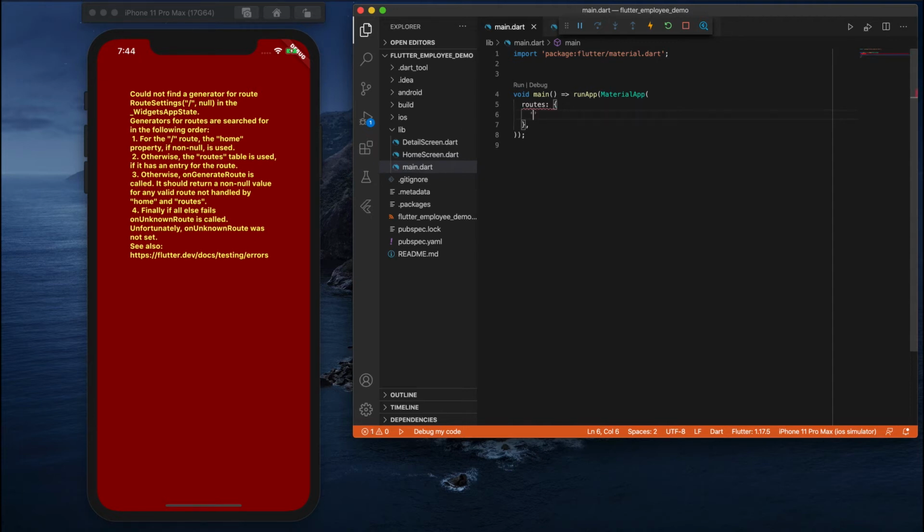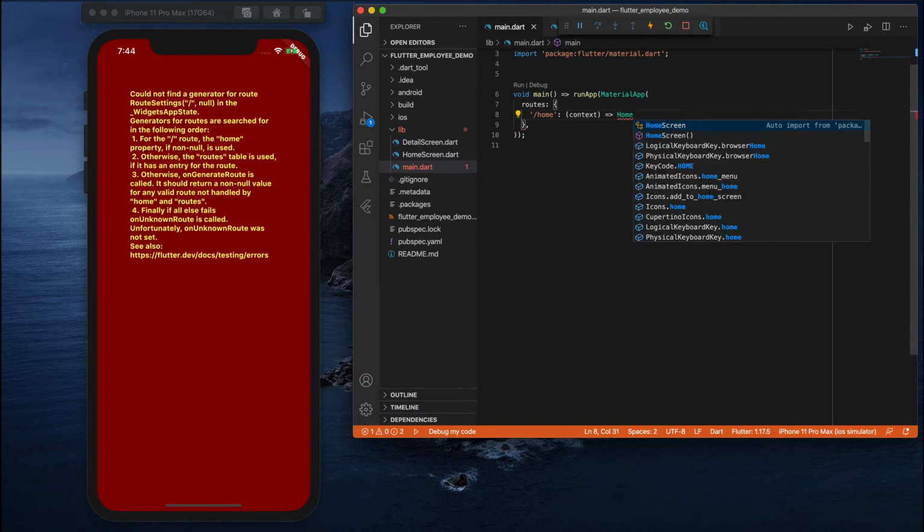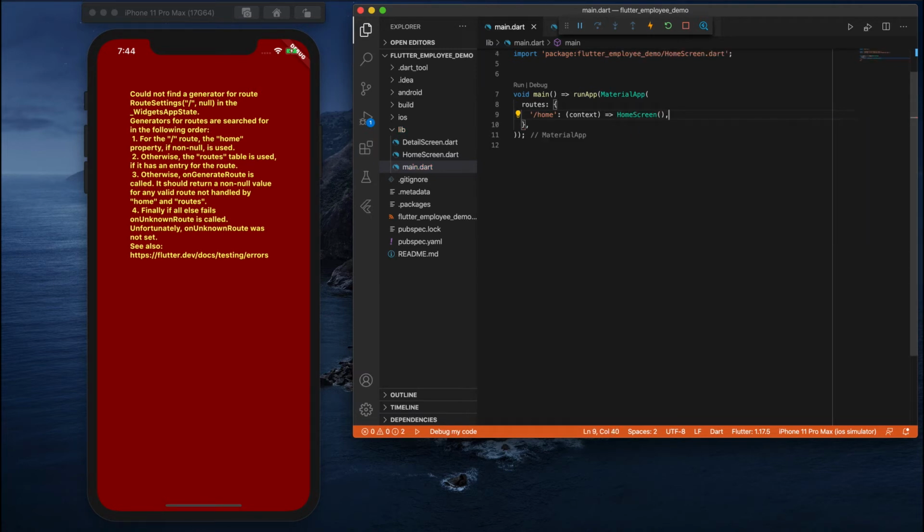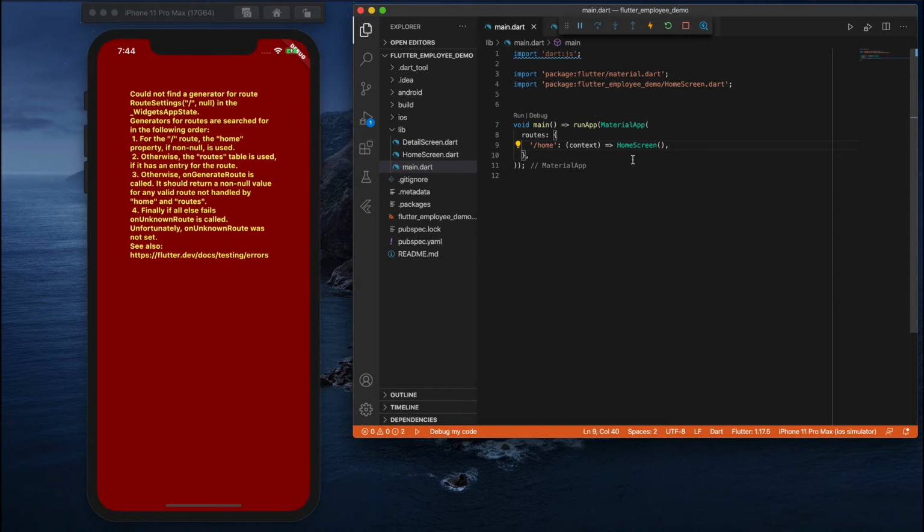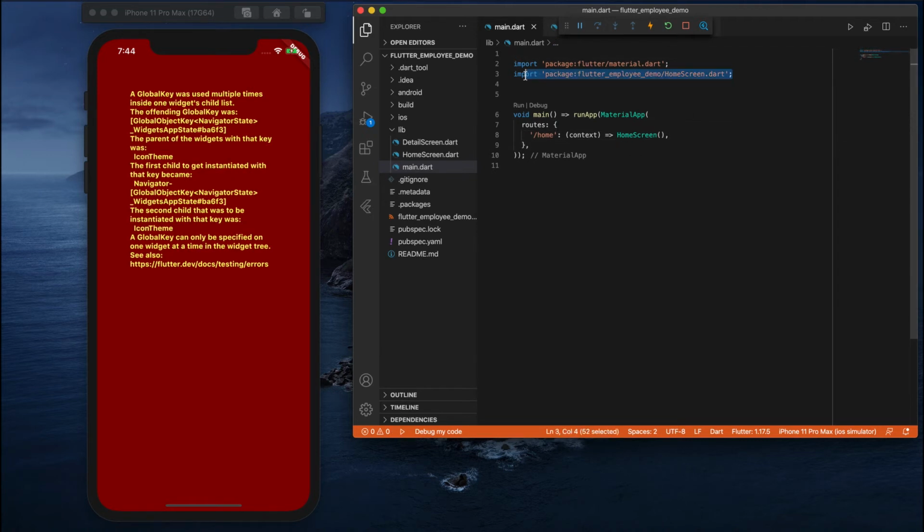So here we can create home as a key, and further we'll write a context. Context is nothing but an object; it keeps track of which object we are in. Next, a return type, and the first thing we need to write is which screen it will navigate to. When you create this, if you observe, it has imported its file automatically over here.